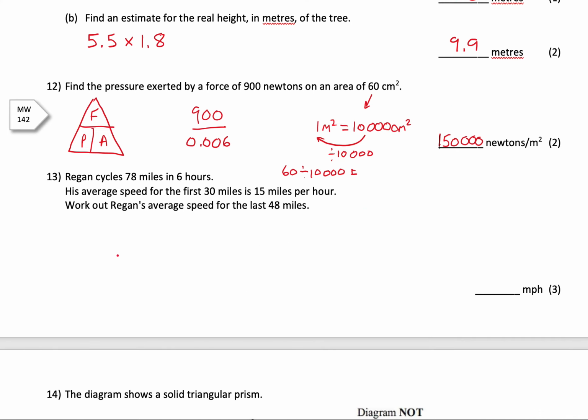Okay, and the last one on the page, Regan cycles 78 miles in 6 hours. His average speed for the first 30 miles is 15 miles per hour. Work out Regan's average speed for the last 48 miles. Okay, so what we're going to do on a question like this is first work out any missing bits of information we've got for each leg. So the first 30 miles, we know his distance, we know his speed, what we don't know is the time that took. Okay, so time taken for first 30 miles, excuse my handwriting,